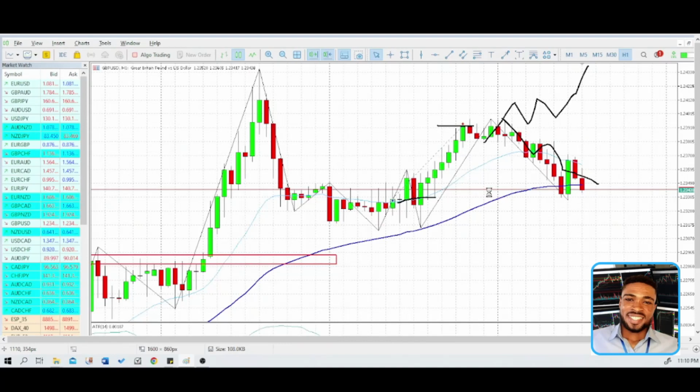So this is a breakout strategy that I just want to show you. Next time you should also analyze the market and see such a setup, and you should be able to take it. First, analyze a trending market. Then when you see a consolidation area, you draw a horizontal line and wait for a breakout of that consolidation area. The market will trace back to the zone, and when you see a bullish engulfing pattern, you